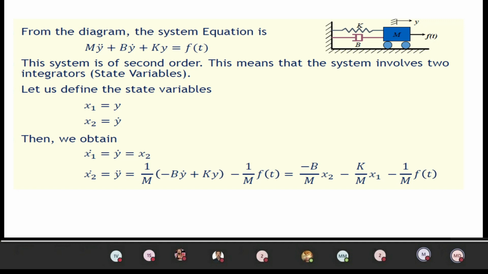Once you determine the differential equations, you can write the state model. It's very simple. In order to write the state model, you have to take all the state equations. In the state equation you have x1 dot and x2 dot, so that will be the state equation, equivalent to A into x of t. Here x of t has only two state variables, x1 and x2, and the other coefficients will be A. Now we are going to write the state model.